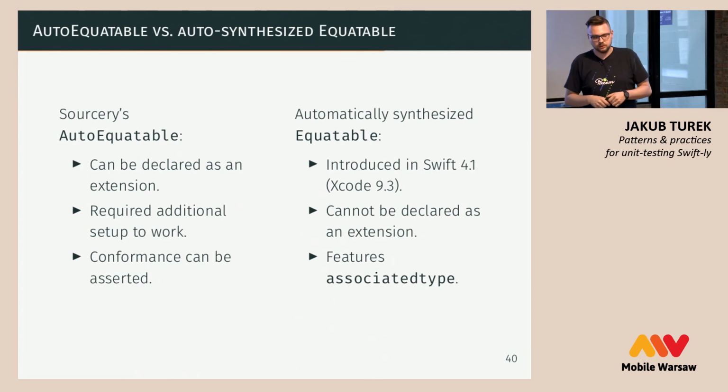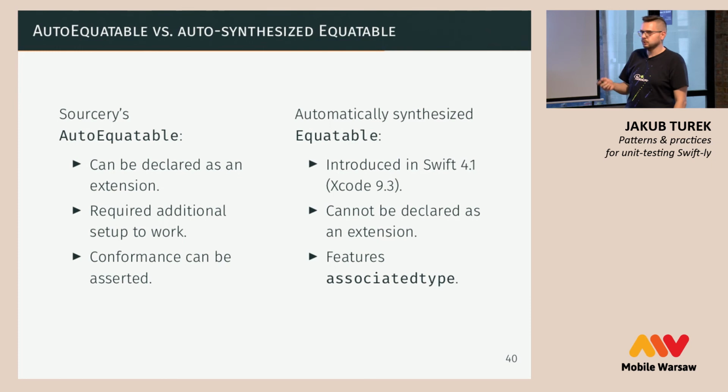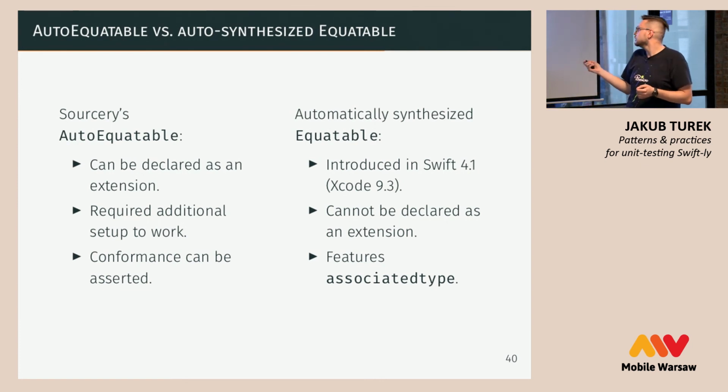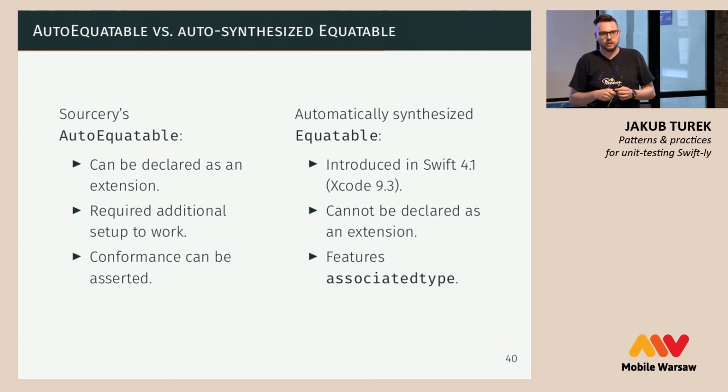Well, you might be familiar with the new version of Swift, Swift 4, and it actually introduces automatically synthesized Equatable. So if you attach an Equatable protocol conformance to your model, the code will be automatically generated for you. And how does it differ from Sorcery's AutoEquatable? The biggest issue with that is that this automatic conformance cannot be declared as an extension. So you need to have that conformance when declaring the model,